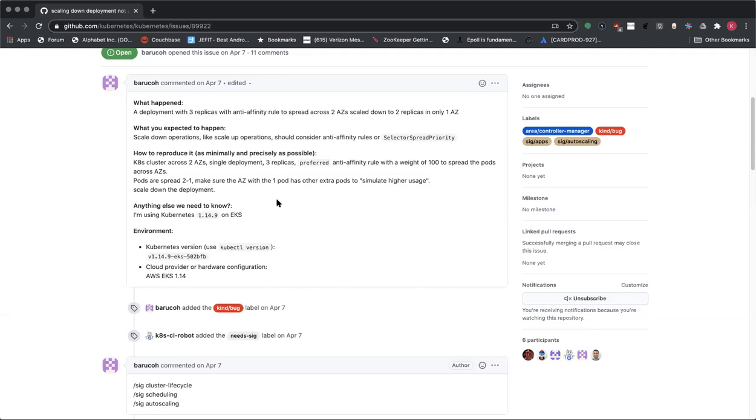Basically we'd be taking the position that workload controllers, be they custom or built in, should be scheduler predicate aware, which is the opposite of the position that was taken very early on in the project, when it was like scheduling is the domain of the scheduler and the workload controllers are really about replication.